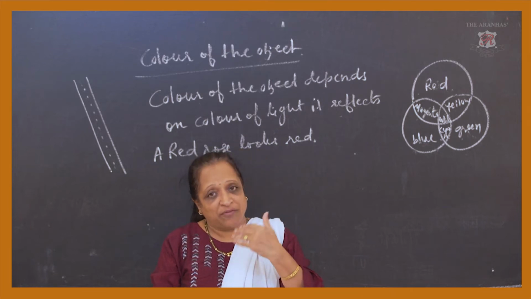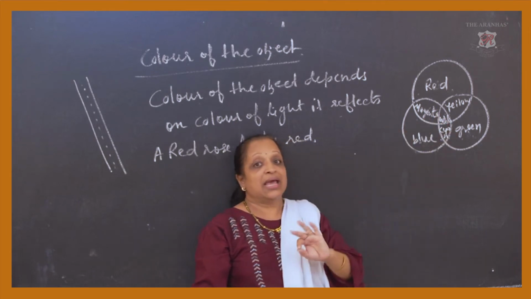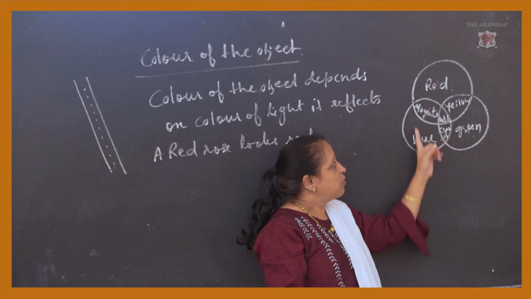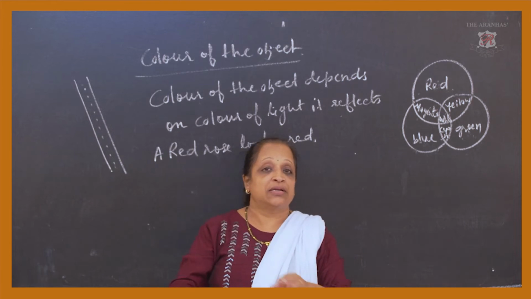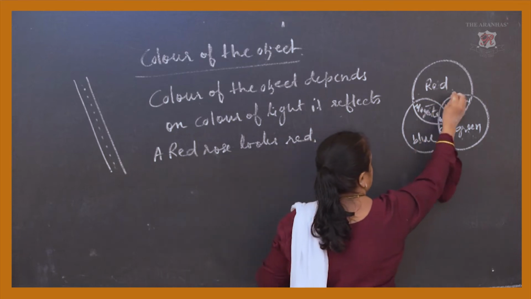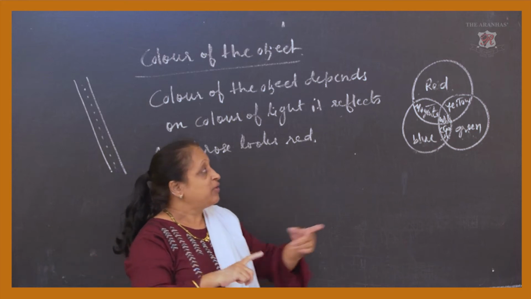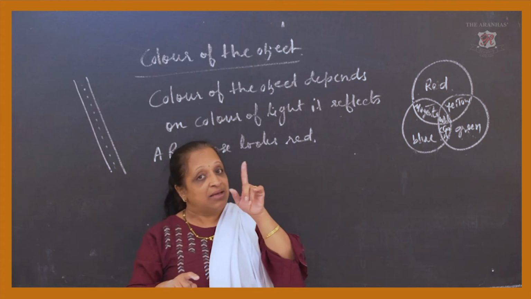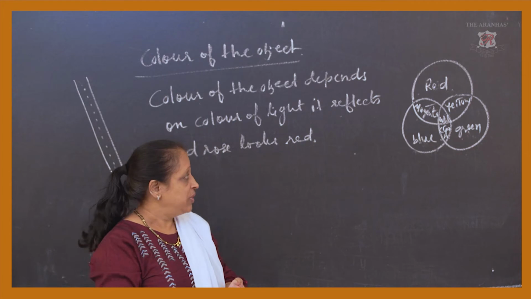Apart from that, there are many more colors. For example, you have cyan or magenta. They are not the basic colors, not the primary colors, but an effect of the combination of the 2 colors. Therefore, these 3, that is magenta, yellow and cyan, are called the secondary colors, because each is an effect of the combination of any 2 colors. But white is the base color for all these, whichever is reflected into the atmosphere.